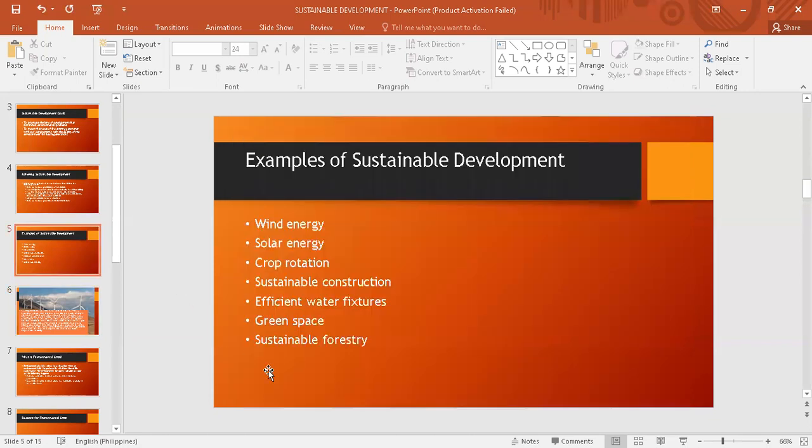Pangalawa po yung solar energy. So ito naman po ay isang sustainable development. Madami na po ang nag-a-adapt at gumagamit ng solar energy. Ano bang meron sa solar energy? So dito,